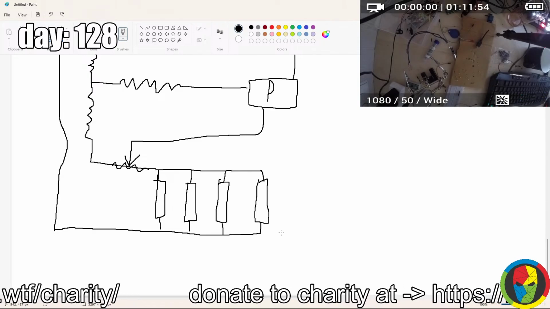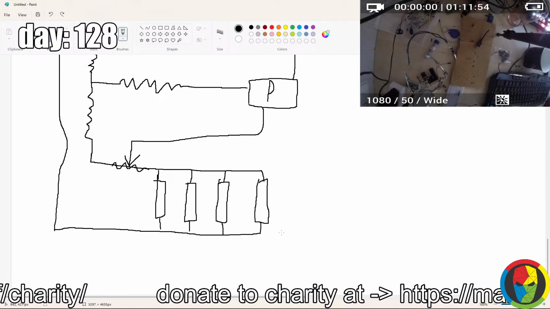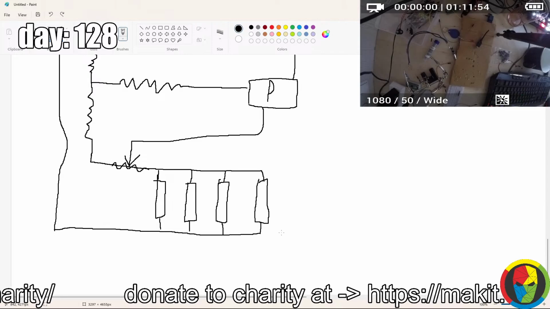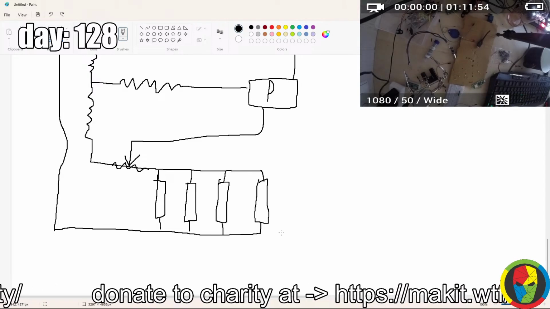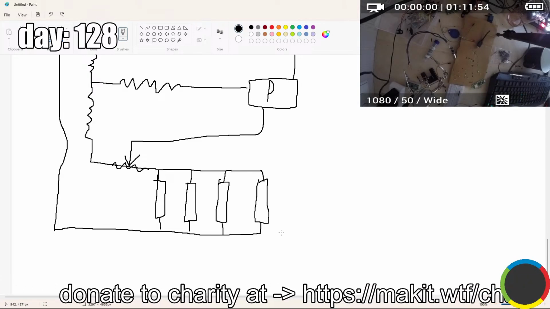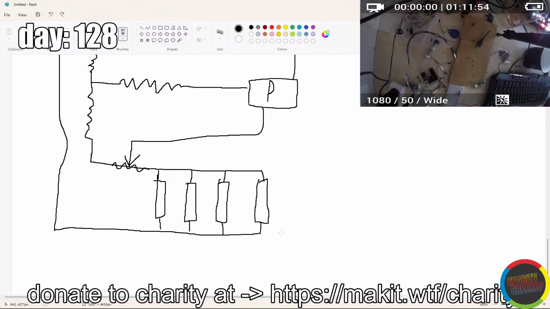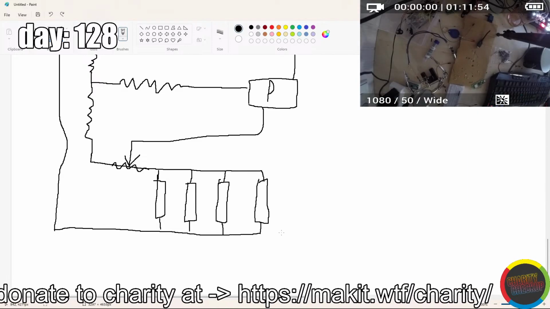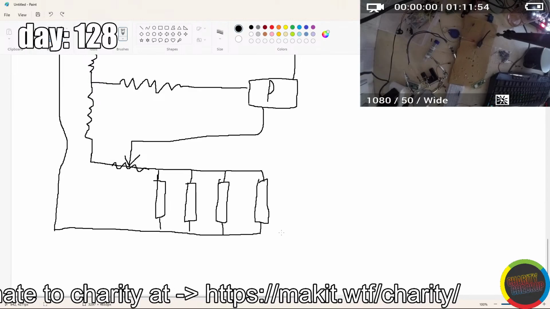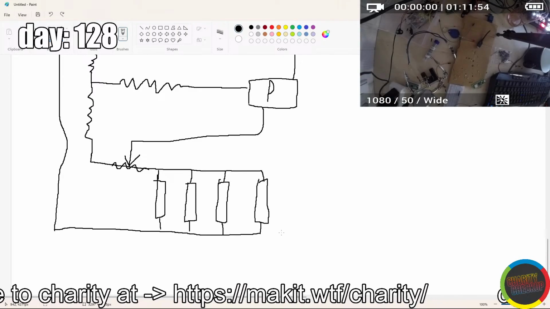I feel like I should connect this and check for myself. So I should just charge the battery. Yes, let's do it. Let's charge the battery and try to figure out the thing.